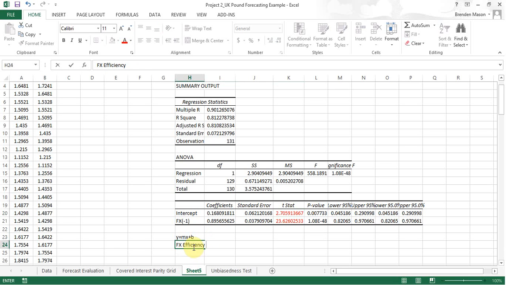So foreign exchange efficiency requires the intercept to be 0 and the fx1 slope estimate, that's the m here, mx plus b, to be statistically